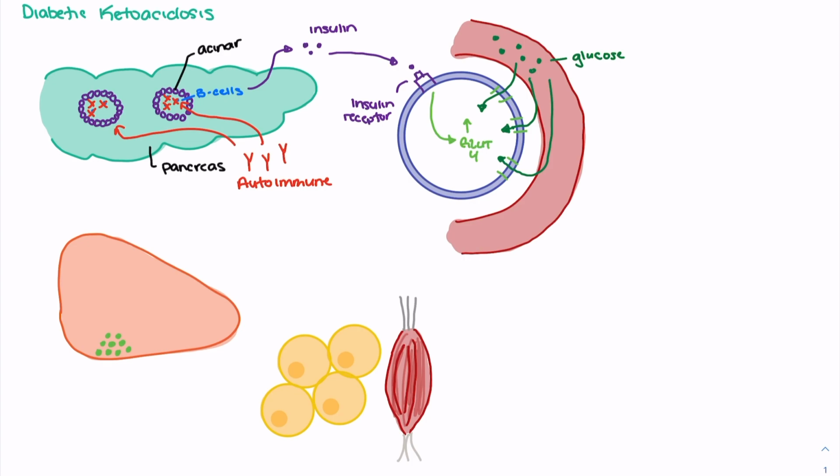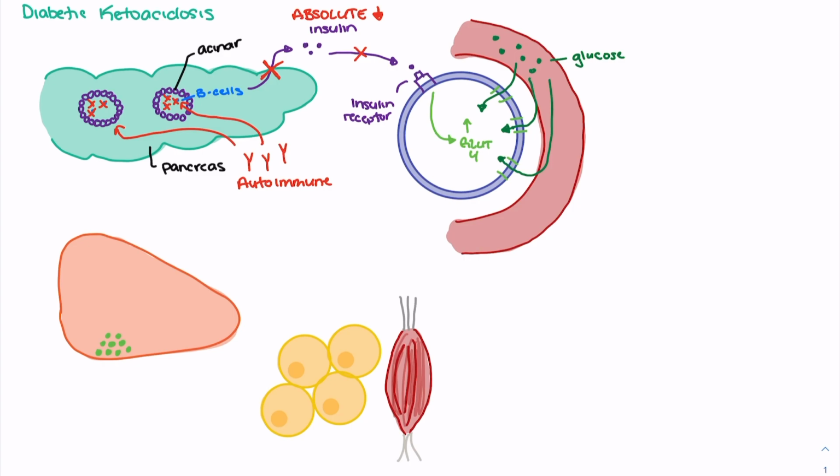So what happens is you get this autoimmune response, which destroys the pancreatic beta cells, and the patient ends up with an absolute reduction in insulin. So what we need to think here is that this patient has no insulin being released. So we see an absolute decrease in insulin production. So what that means, if I have an absolute reduction in insulin production, is I cannot bind to my insulin